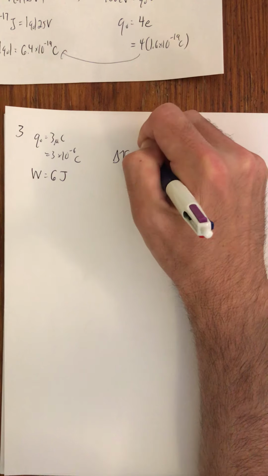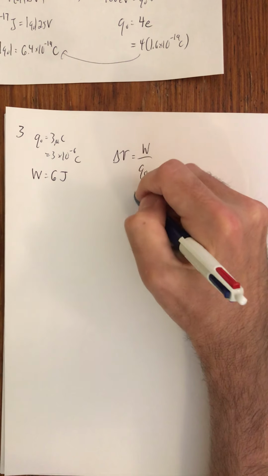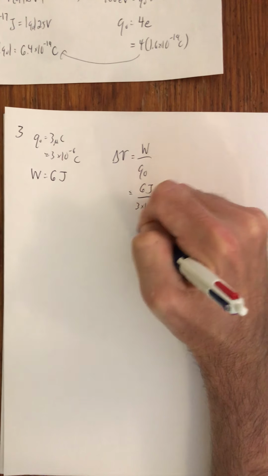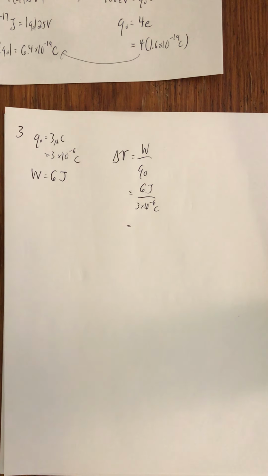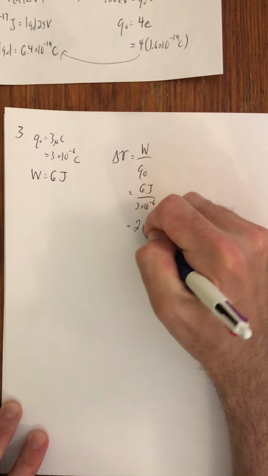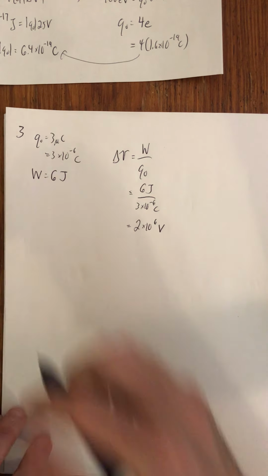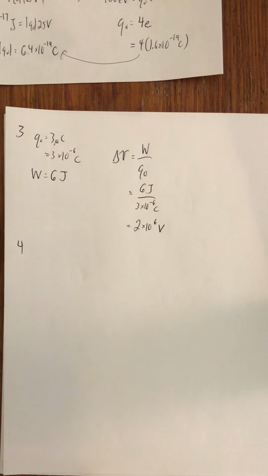Delta V is equal to the work done per charge. So very simply, 6 joules over 3 times 10 to the negative 6 coulombs. The potential difference is going to be 2 times 10 to the 6th volts. All right, 4. How much electric potential energy